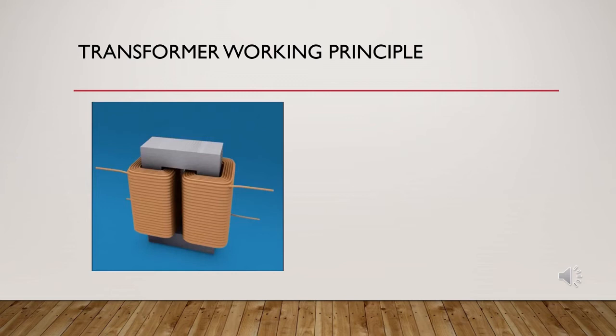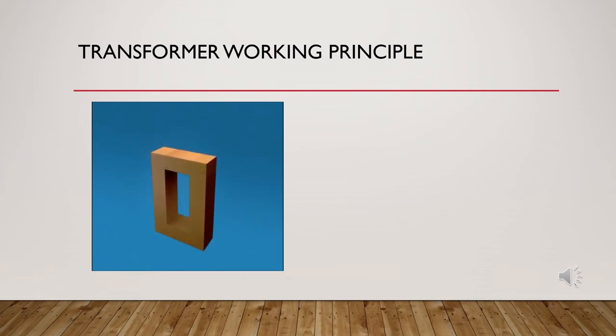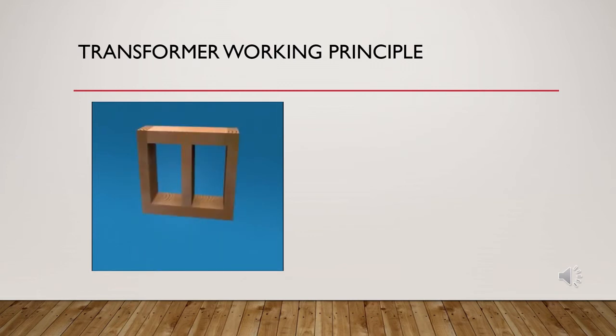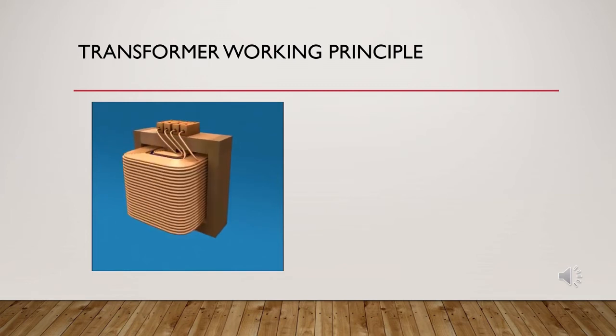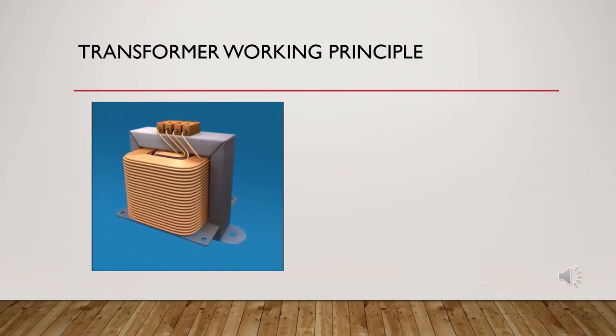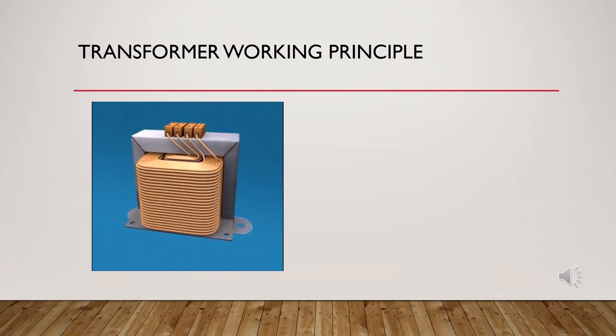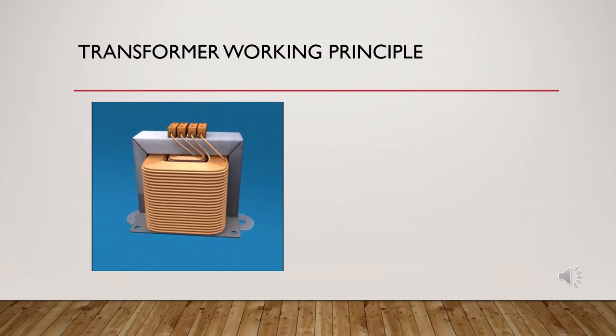The problem with the construction which is so far discussed here is that the two windings are well separated from each other, and there is considerable reduction of magnetic coupling and hence the efficiency of the transformer. This disadvantage can be overcome by constructing the core like this, in which the two windings are brought close to each other, thereby improving magnetic coupling between them.